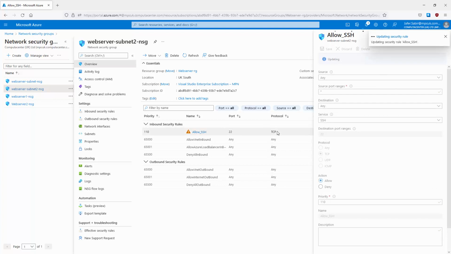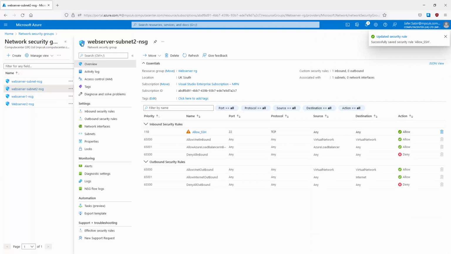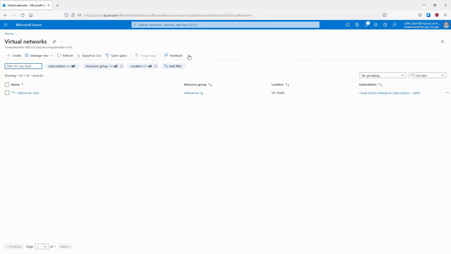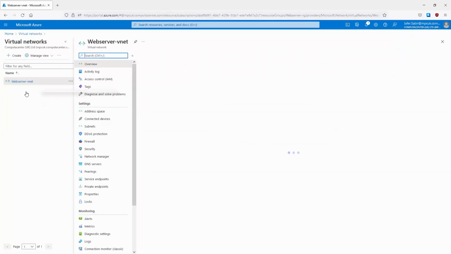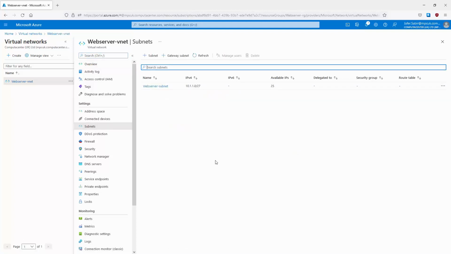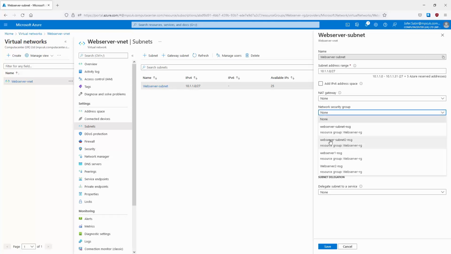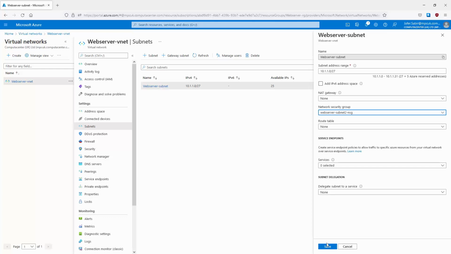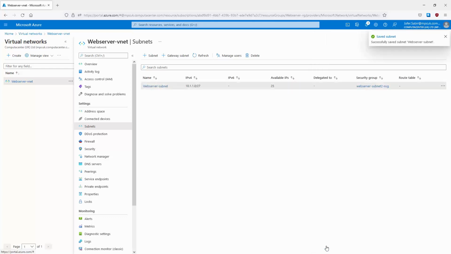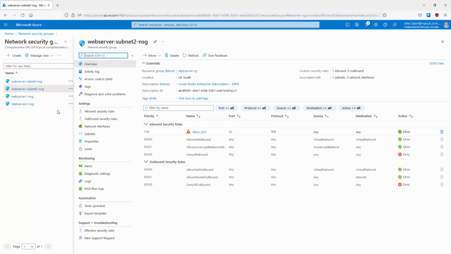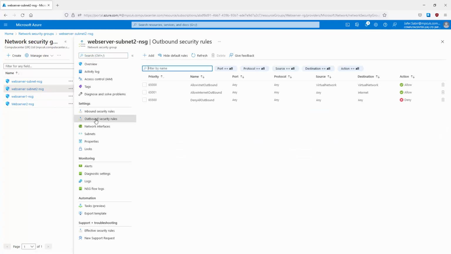We need to associate this NSG to our subnet, so if we go to home page, virtual networks, and then we click on the virtual network web server here, and then go to subnets, and let's associate this NSG to this subnet. So go to network security groups and then choose our network security group here and click save. So the network security group has been associated, but actually I have to go back into it to add the new additional rule. So let's go into web server-subnet 2, go to outbound rules, outbound security rules, and then